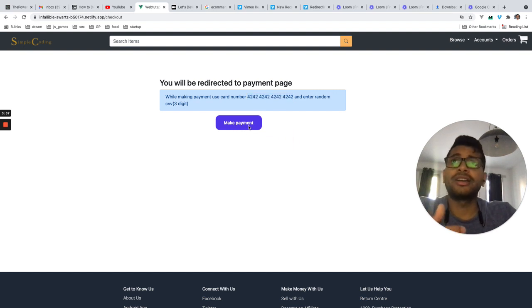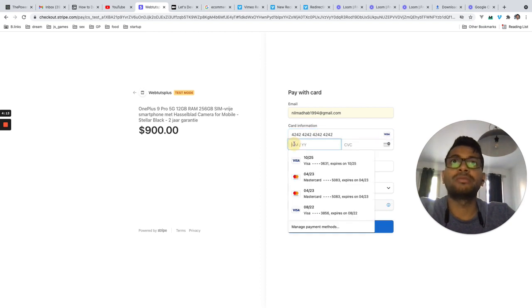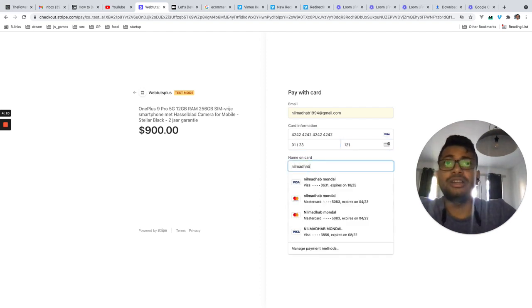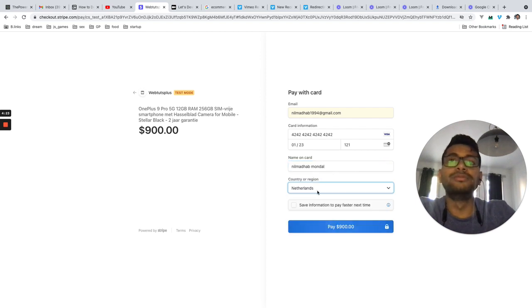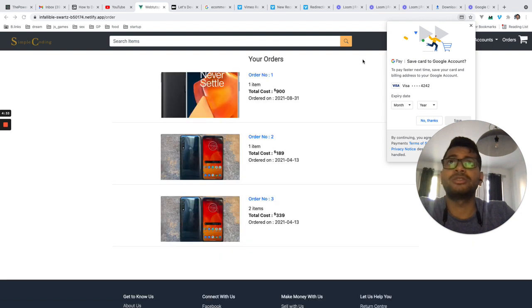So let's go ahead and make a payment. As you can see, we have this item displayed here, and we can just put a fake email address, and we'll put the card number which is fake, and we'll put 023. We can put anything here. So let's pay the amount, and yeah, the payment is successful.